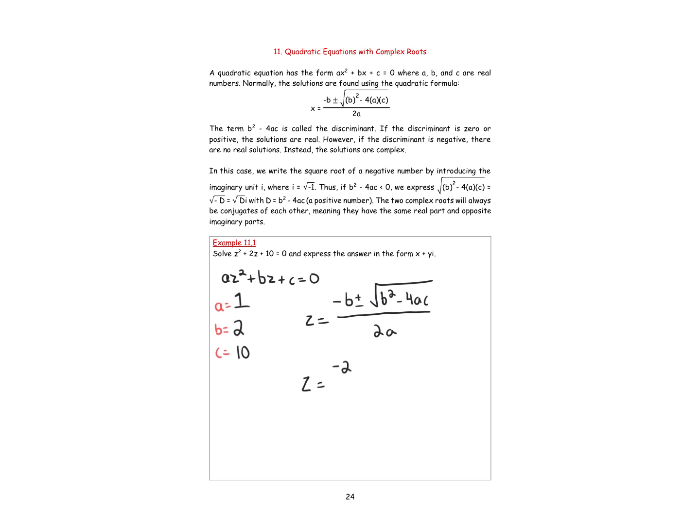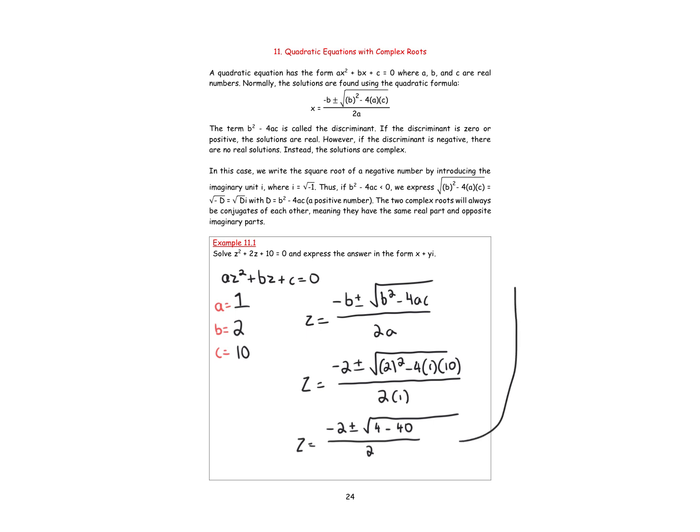I will have minus 2 plus or minus the square root of 2 squared minus 4 times 1 times 10, and that's all over 2 times 1. Simplifying that down then, I'll have minus 2 plus or minus the square root of 2 squared, which is 4, minus 4 times 1 times 10, which is 40, and that's all over 2. Again, I'm going to simplify that down, and I'm just going to give myself a bit more space up here, and I'll get that z is equal to minus 2 plus or minus the square root of minus 36 all